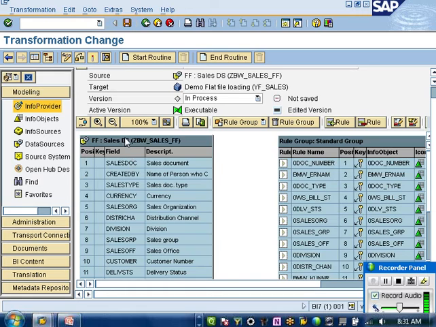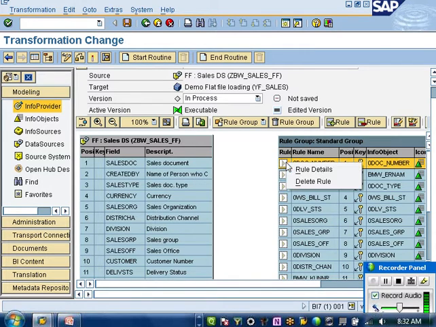Now this is my source object, and this is my target object. In this case, my source object is the data source, and the target object is Q. Since my source is the data source, it has the field names. Since my target object is InfoCube, it has the InfoObject names. With the help of this transformation, I'll have to perform mapping between these: which field in the source object has to fit which InfoObject in my target, case by case. Now let me get into one by one.